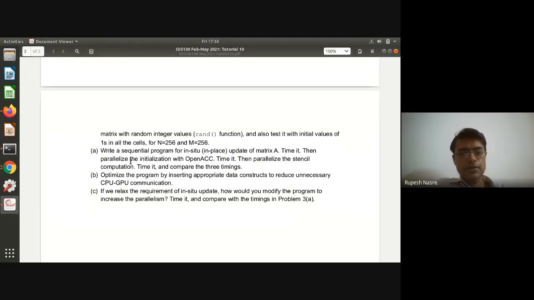Right? So data constructs we studied in yesterday's class. So please try that and again measure the time and see if that is improving the execution further. It's not only the execution time that you should watch out for, it's also the compilation output that you should check, that it is actually reducing the copy out clauses. And as well, you can profile the code using PGI ACC time.